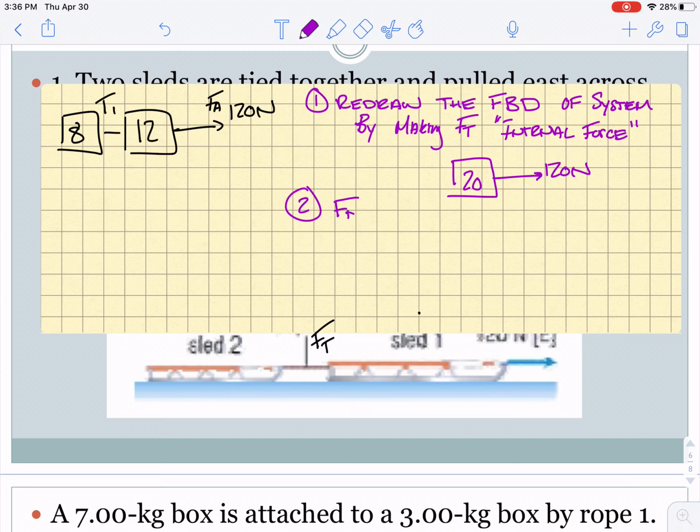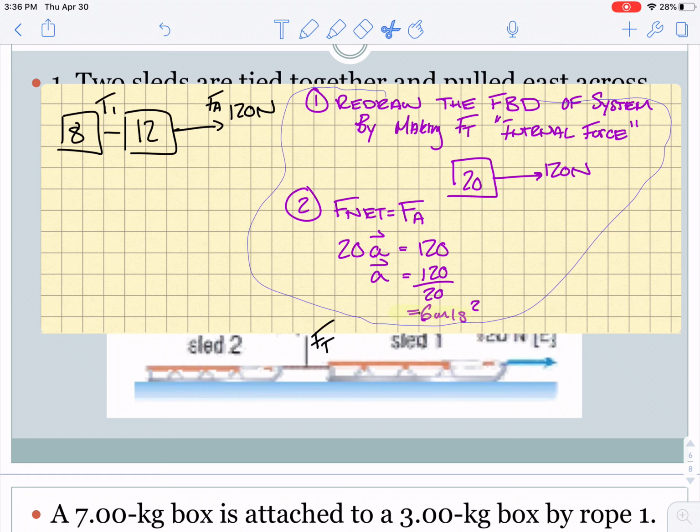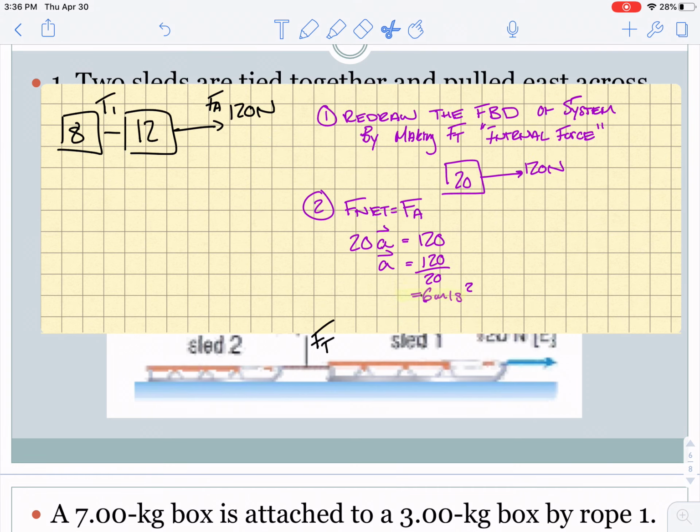So F net is just equal to that applied force of 120 newtons. So 20 times the acceleration, which we're solving for, is equal to 120. So the acceleration is just going to be 120 divided by 20, which gives us a nice number of 6 meters per second squared. Okay, so now we know that the entire system, which is both sleds together,